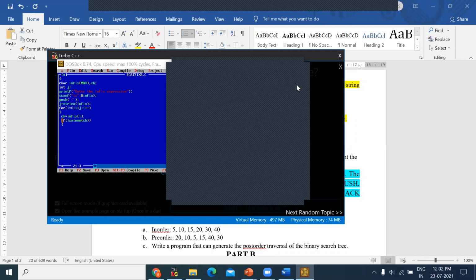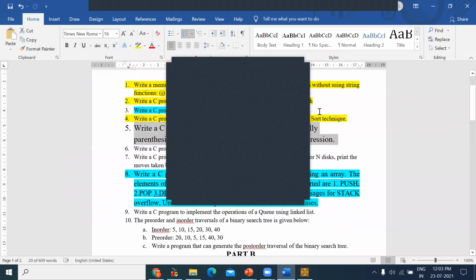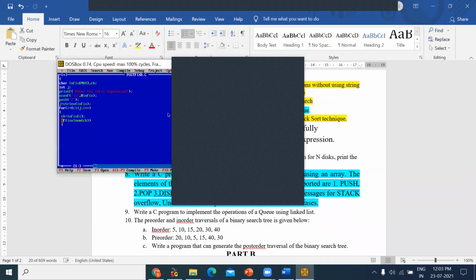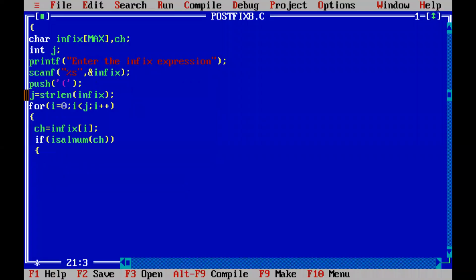It's an operand. So an operand can be either an alphabet or a numerical value.